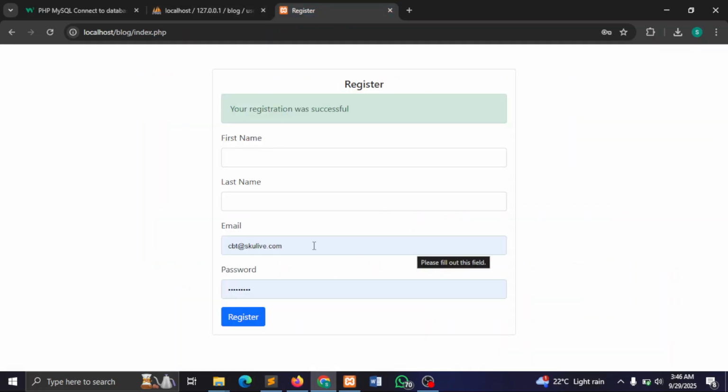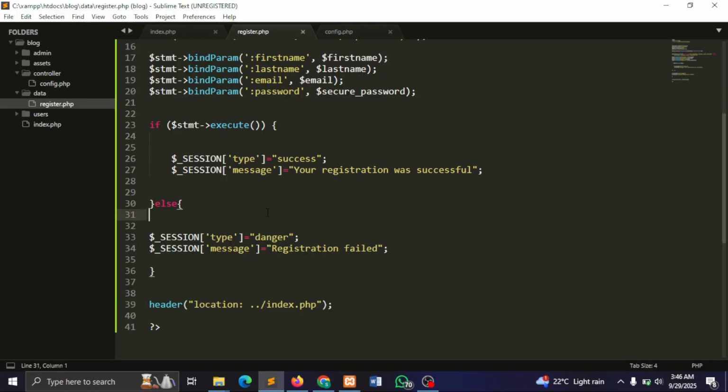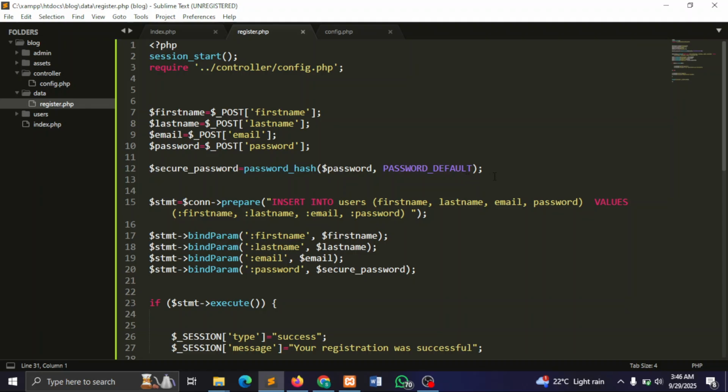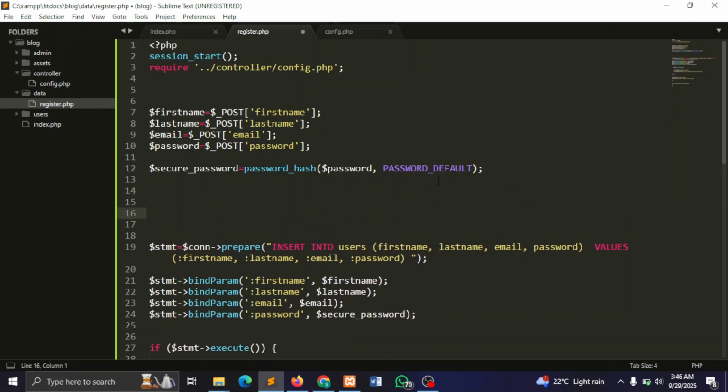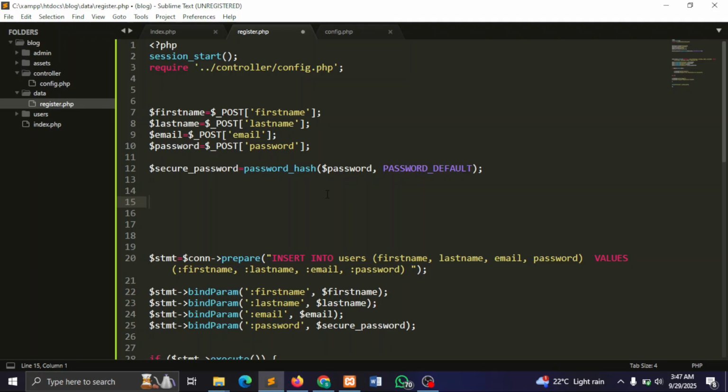So one more thing I want us to do is to validate the user. Okay, so let's just do it inside of this video, right? So let's validate user. What do I mean by validating? We don't want two users to have the same email address. So we're going to write a select statement. And how do we do that? We're going to say